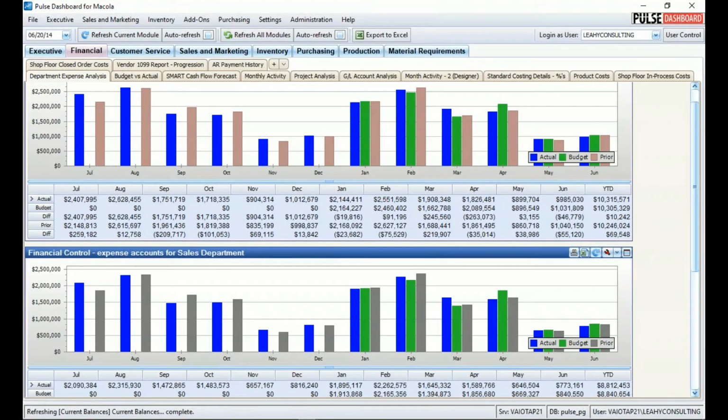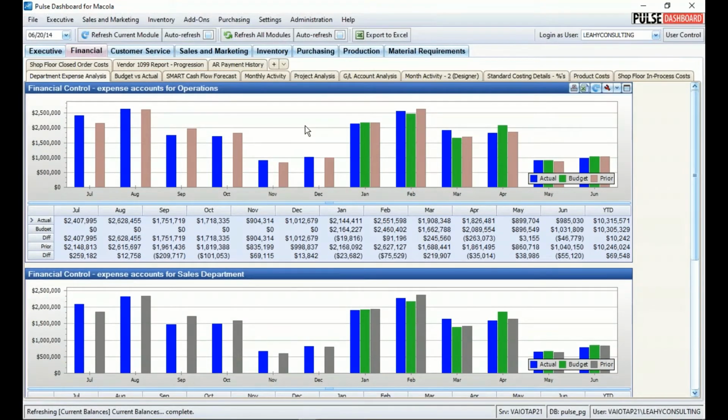And the first one we're going to look at, when we developed this about 10 years ago, we had a customer in Atlanta that wanted to make their department heads more accountable. And you can all relate to this. It's the 10th of the month, and the production manager comes into the office, and he or she is complaining, you charged me for this $100. This should have gone to